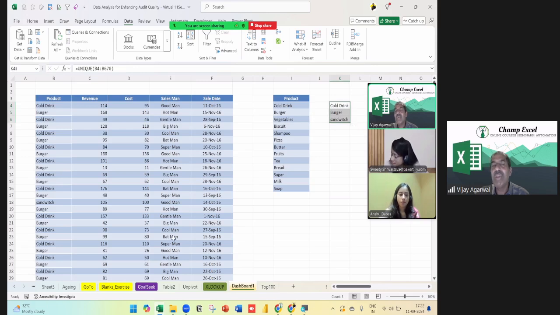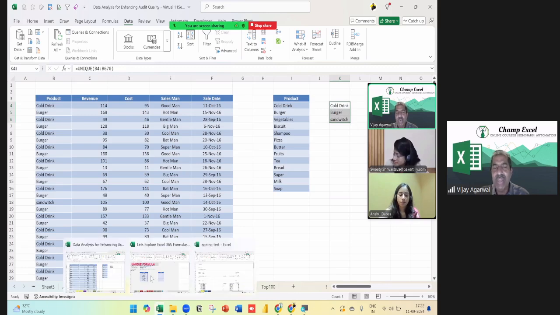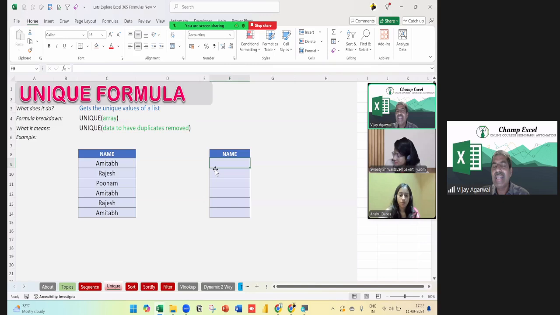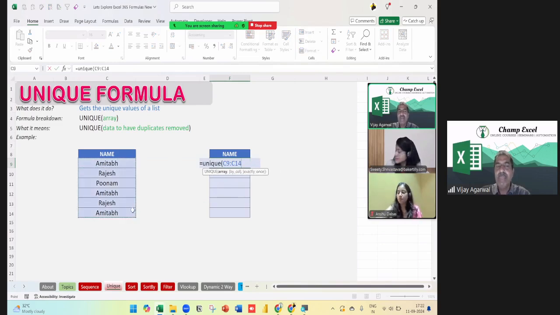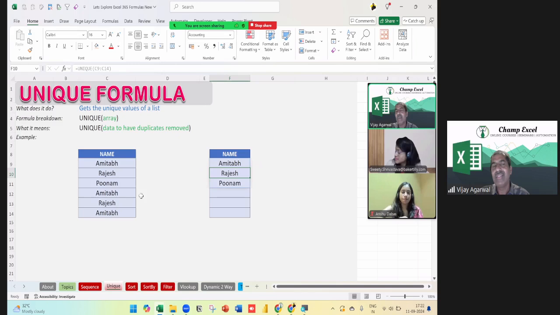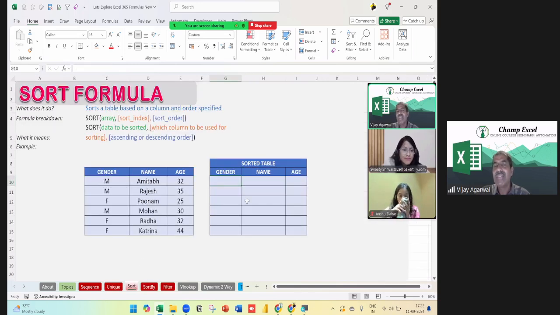So that's the beauty of these new formulas. There are so many new formulas which have come. Just like here on a small data, it will show me the unique values, Amitabh, Rajesh and Poonam. Like that we can do sorting also, if we want to sort the data.